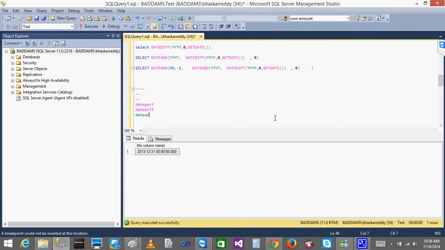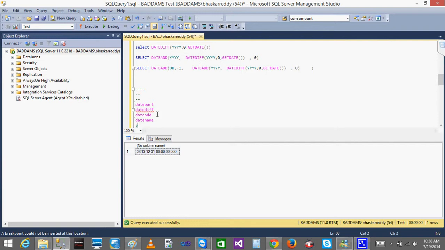Date add: whenever you want to add to the date or year, just use date add. There is no date subtraction. Just use date add, and if you want to subtract, you can give a negative number. If you want to add, you can give a positive number. That's it. Okay. Date difference, date part, date add, and you've got one more called date name.